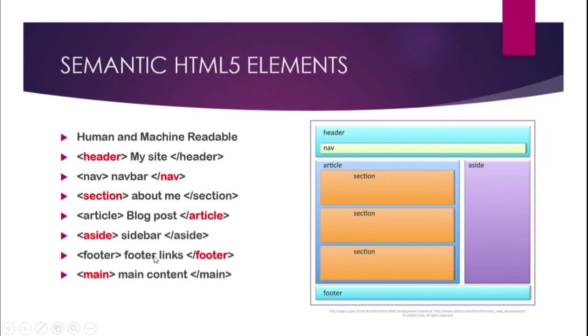Then we have the footer. Footer is the bottommost part of the website where you add the links to your social media icons, or links to any website that you want to move to, or a privacy policy that you want to add. You can add them in the footer element. And main is the main content, which will consist of the entire article sections. These asides all come under the main section. The semantic HTML5 elements are nothing but human and machine readable tags or elements. Okay, next